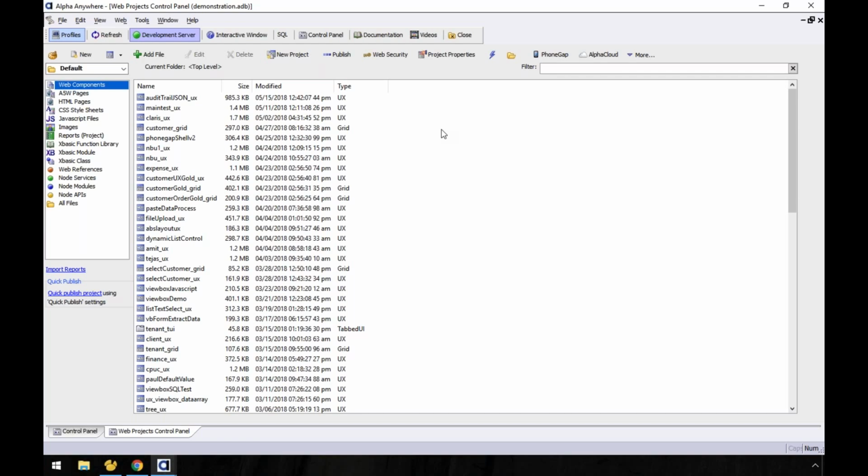So the answer is you're right in terms of that process. You have to get those 3 IP addresses. Make sure you get all 3, because if you get only 2 of the 3, you may have every once in a while where Alpha Cloud reaches out through that 3rd IP address, and if you don't have it whitelisted, all of a sudden it fails. So you want to make sure you have 3 IP addresses whitelisted for Alpha Cloud on your database environment.